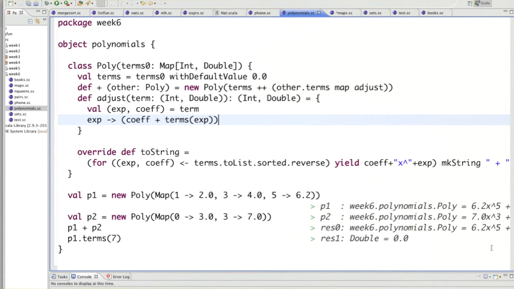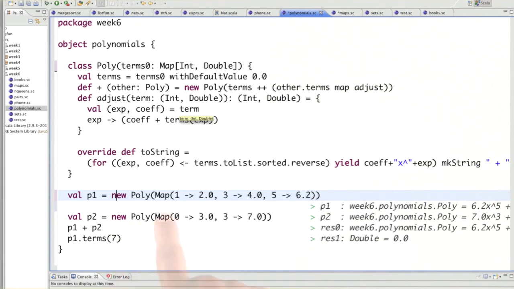And I get back the same polynomials as before. So you see there's great power in working with maps that have default values. Often the code that deals with them can be greatly simplified. So far so good. But there's still something slightly unnice about that, and that's the way we had to create